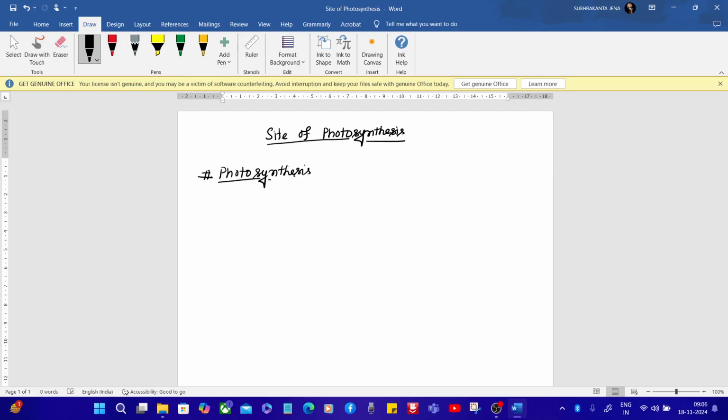If you see, there is a word itself mentioned here, photo, which means the light, and synthesis, the meaning is production. So as a whole, this is the process which represents the conversion of light energy into chemical energy. This is what is happening in photosynthesis. But if you go for the definition,